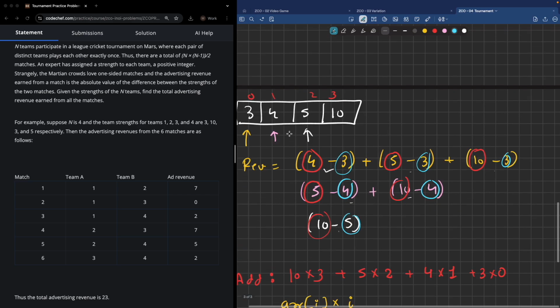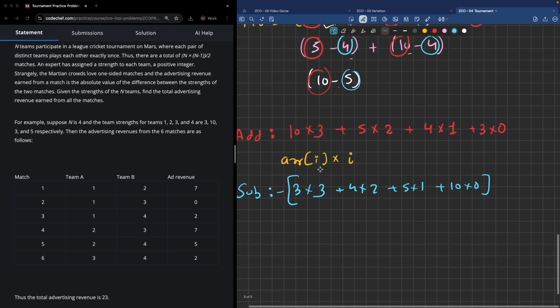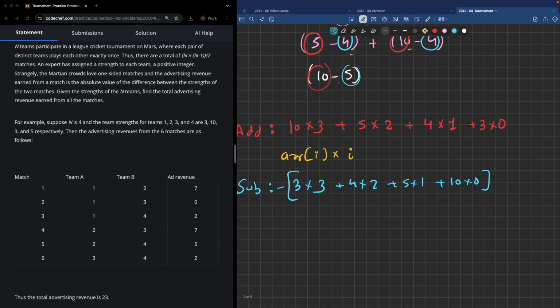Can I say 3 is being multiplied for the remaining number of elements, 4 is being multiplied for the remaining number of elements? So if I write in terms of i and n, can I say this is nothing but array of i being multiplied by n minus i, or I can say n minus i plus 1,